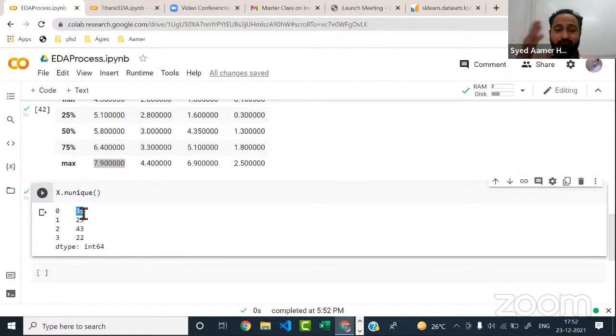I mean from 150, how many are unique? 35 are unique. And into 1 I got 23 unique values. Similarly into 2 I got 43. From 3 you got 22. Even from this you will be in a position to understand which all are categorical data.